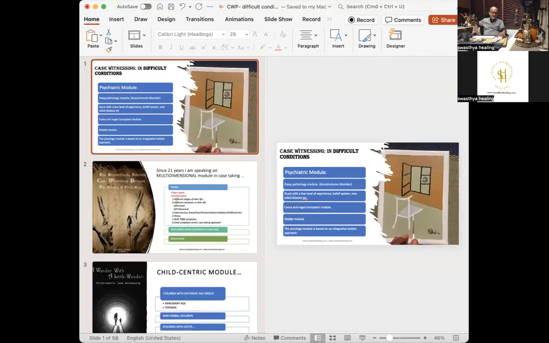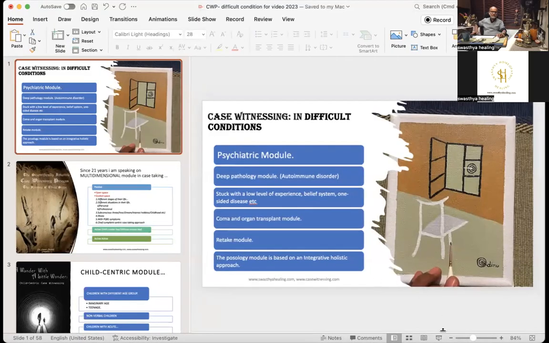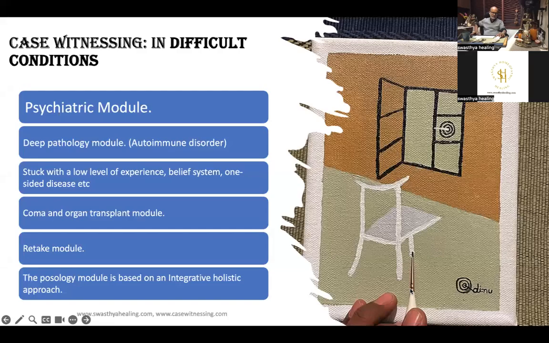So let me connect with you and explain what I'm going to do in this whole journey, or what I actually do in such conditions. This time I'm focusing on case witnessing in difficult conditions, a specific module in psychiatry, deep pathology, coma, organ transplant,